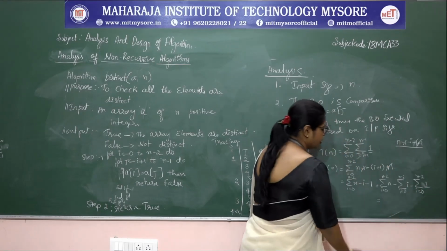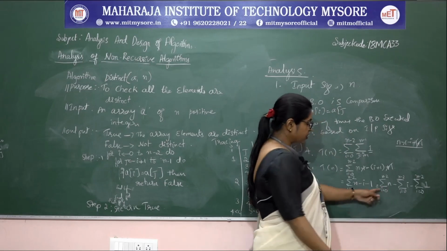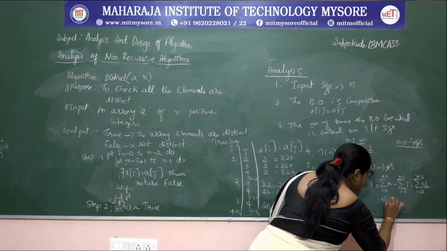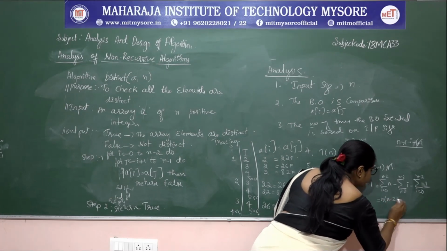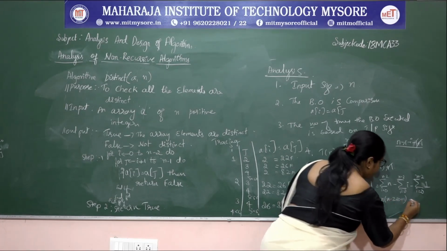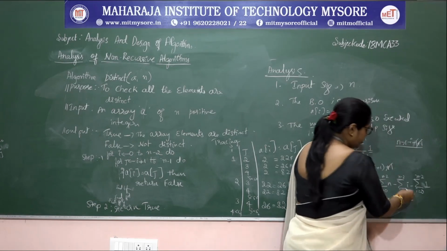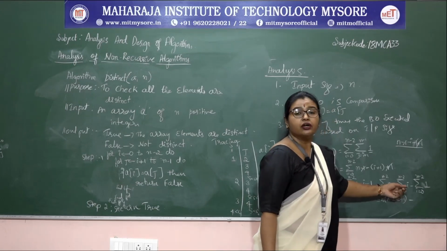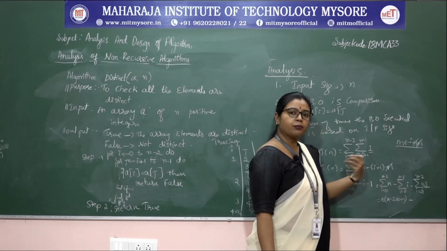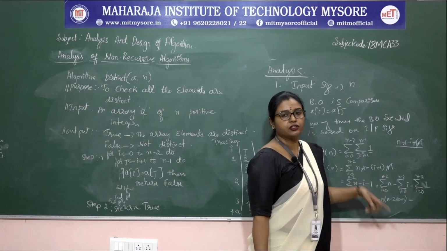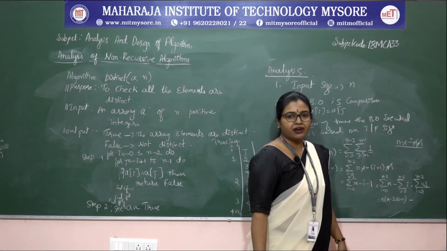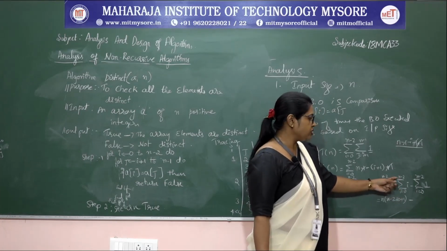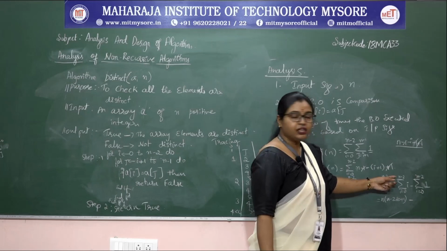So, n is a constant. Why? Because i is the variable here, upper bound minus lower bound, only n into n minus 2 minus 0 plus 1. Minus, here i is the variable, here also i is the variable, therefore here we need to apply the formula. It is not upper bound minus lower bound. Instead of that, we need to apply n into n minus 1 divided by 2. That formula we need to apply here. But the upper bound is changed, that is n minus 2.